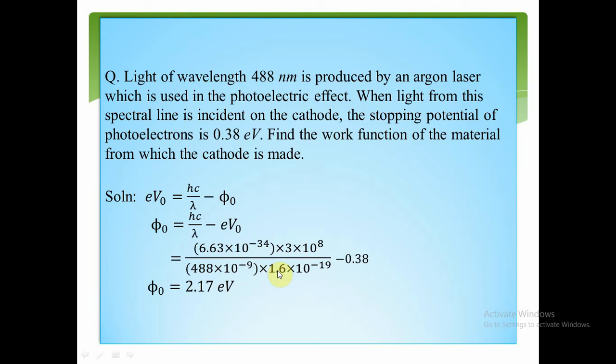Therefore, I have divided this equation by 1.6 into 10 raised to minus 19. And e V naught is given, that is 0.38, the stopping potential. If you simplify this, you will get the work function in terms of electron volt, 2.17 electron volt. Next problem,